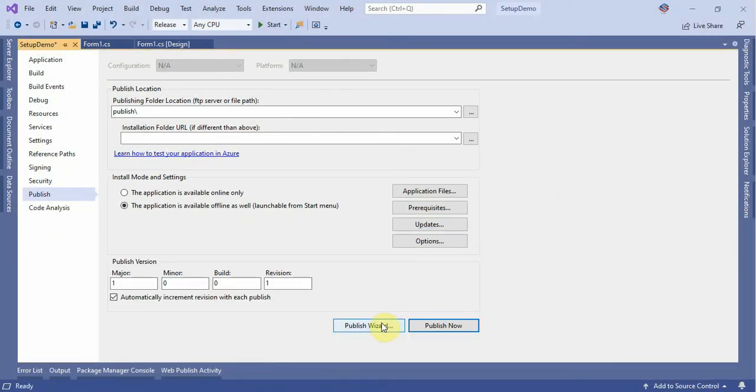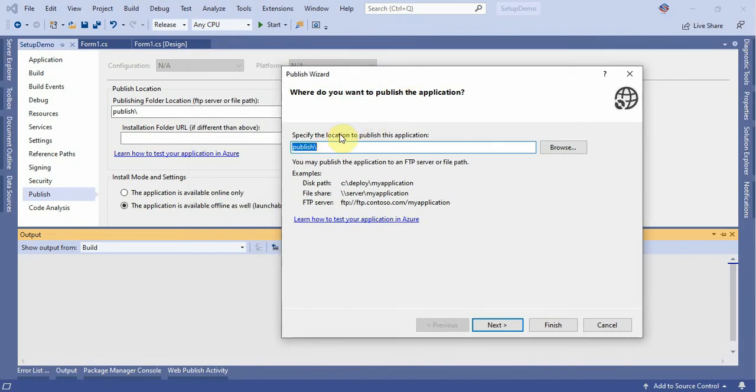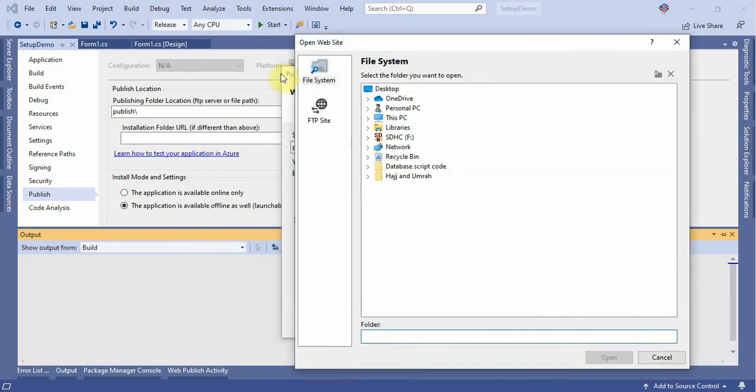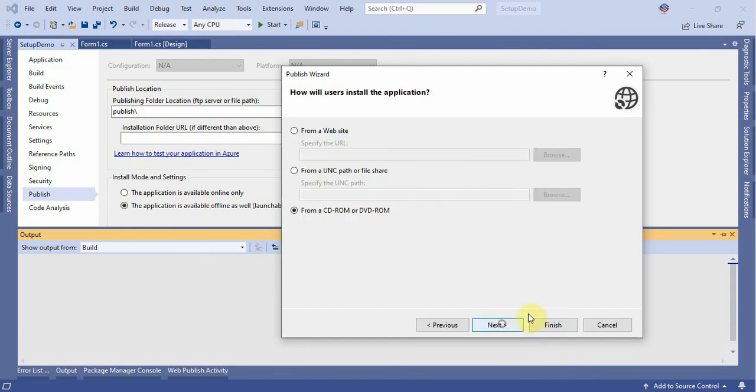But if you want to see these step by step, now click on the publish wizard, and see, here you get the window. If you want to change the publish application location, now click and change it. After publish, the exe file will be located at your custom path. Now click on next.